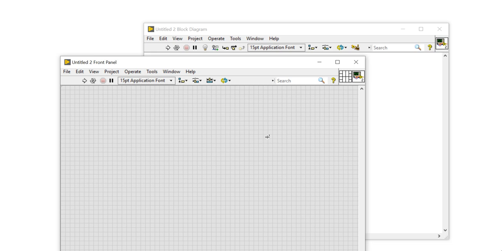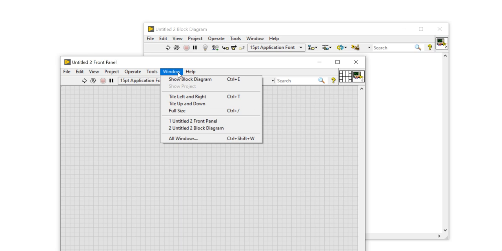So how can we manage, or tile, this front panel and block diagram to use them simultaneously? That is our question. To manage our front panel and block diagram, we need to come to this Window menu.